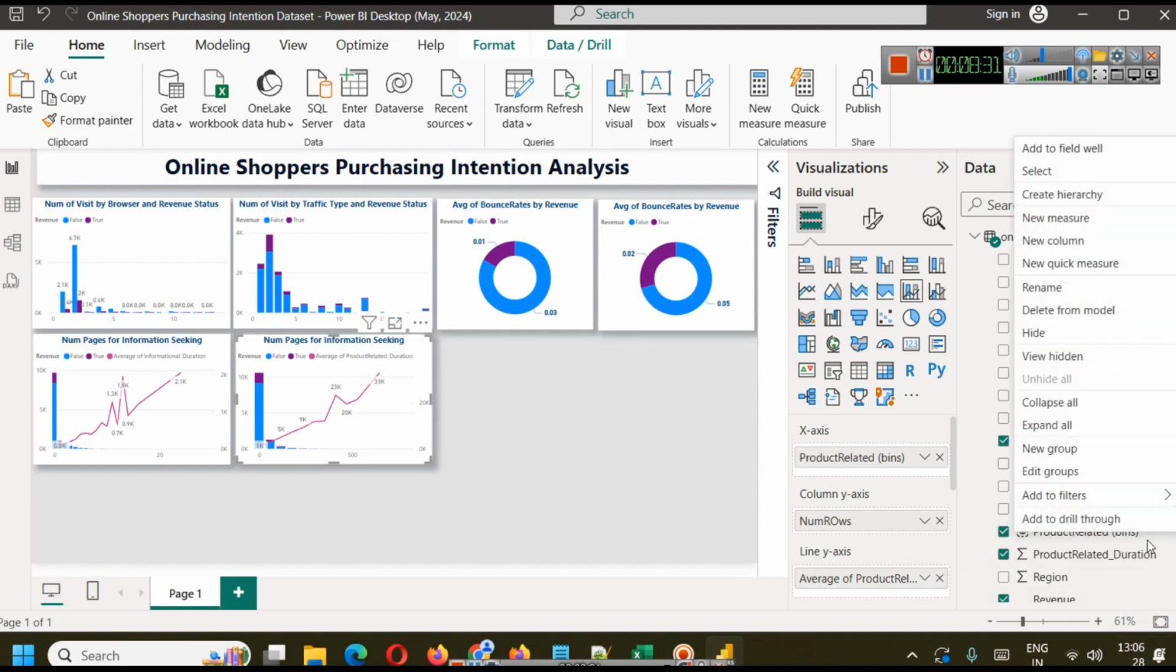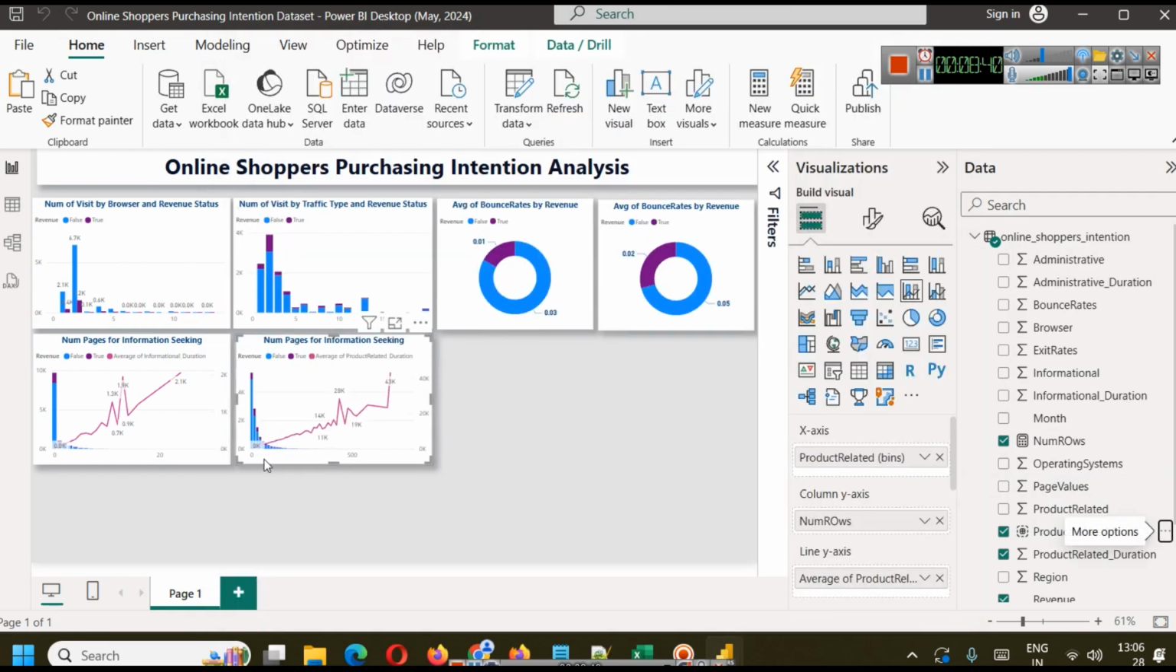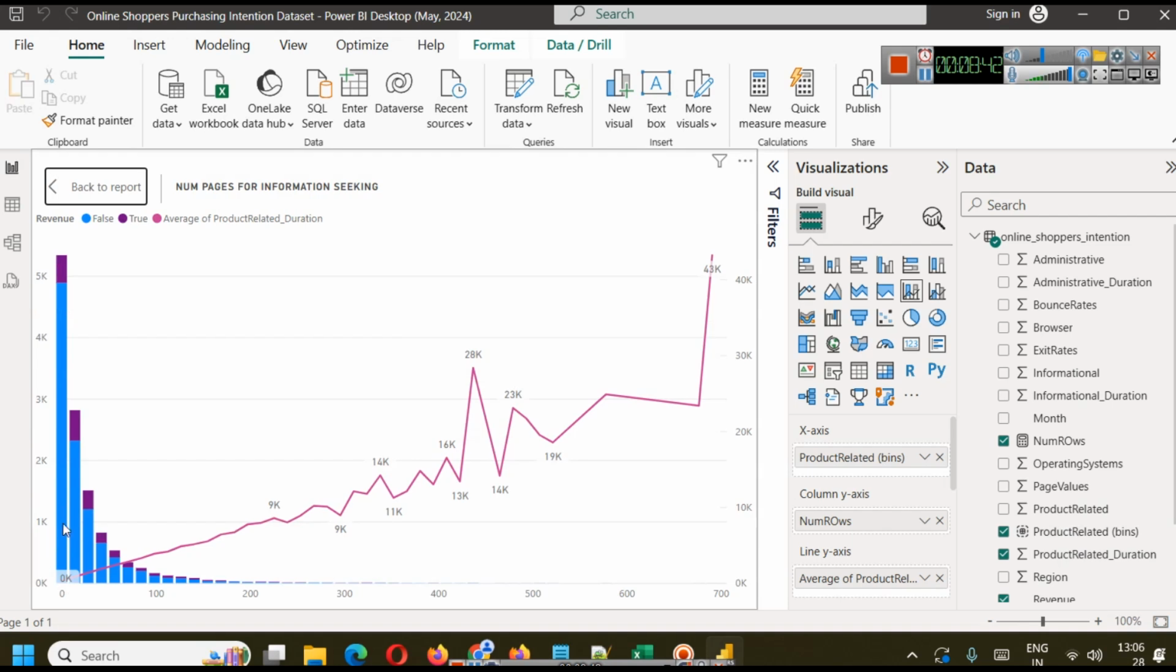So if you want to break it further, you can edit groups, and you can say we want 50 groups here. Okay, then your bin size will also decrease, and you have further information. This is 0, this is 14, this is 28, and you will be able to see how the ratio is increasing, how the average is increasing when people are visiting more pages. Okay,